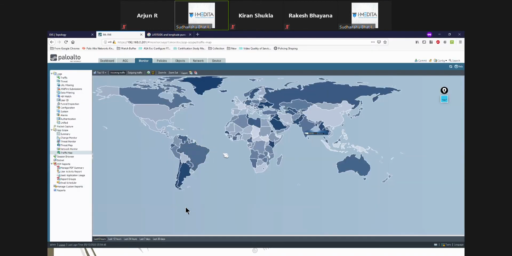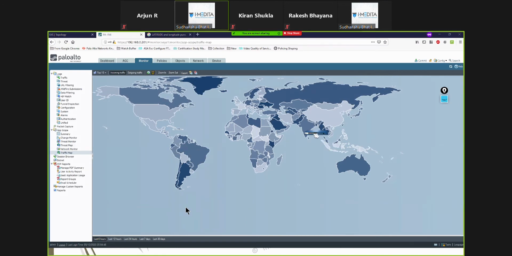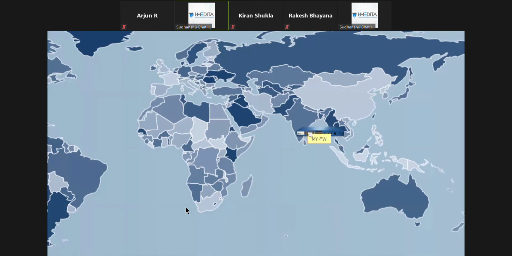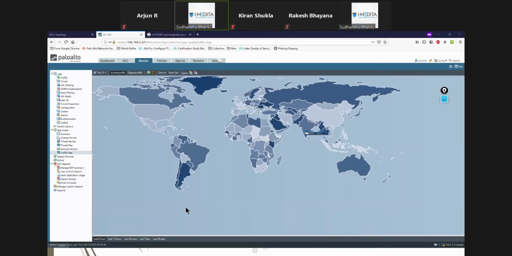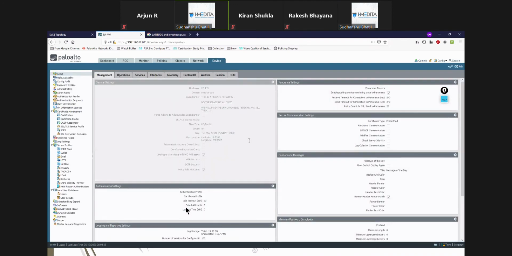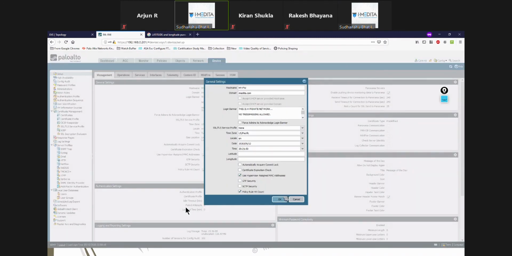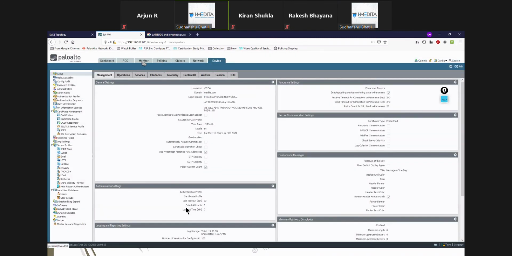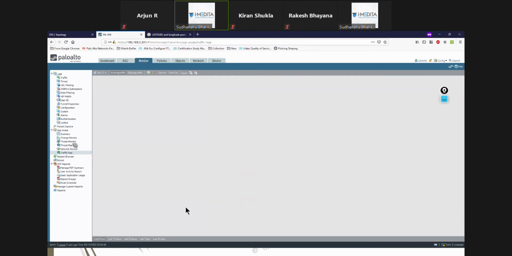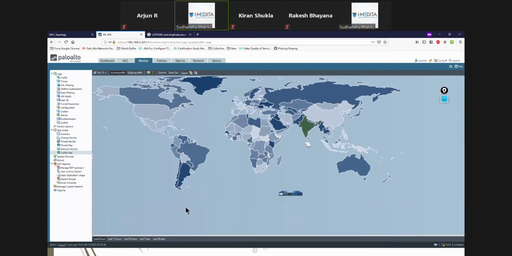Now, if you don't give the proper latitude and longitude information, it's not going to show you Palo Alto here. Suppose I don't give it, I'll just click here and remove this. The problem is then in the traffic map and a lot of places where you see a map showing different firewalls, you'll see that in the ocean.